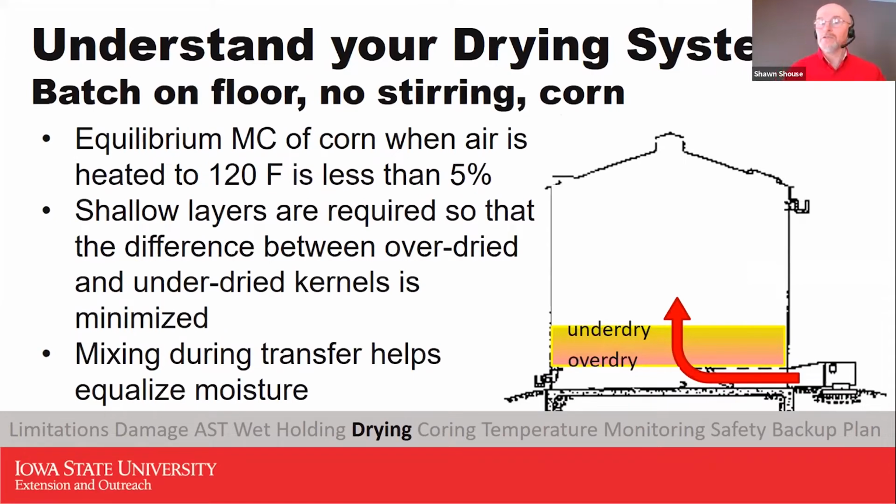With either of these types of systems, the batch on floor systems, the equilibrium moisture content for that heated air would be exceedingly low, around 5% or less. So we don't want to let the grain ever reach equilibrium. We're going to turn the dryer off long before it reaches equilibrium. What we end up with is over-dried grain at the bottom of that layer and under-dried grain at the top. If our target was 15%, we might have 12% down at the floor, 17% at the upper part of that layer, and we rely on blending of that grain when it's unloaded from the drying system to equalize the moisture